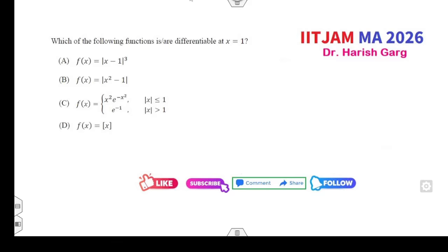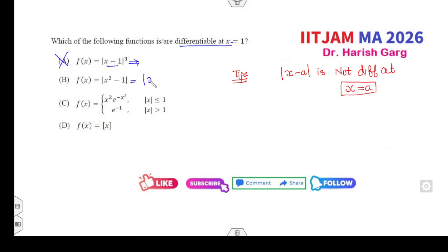चलिए look at this next one. Which of the following functions are differentiable at x is equal to 1? We all know mod of x minus a is not differentiable at x is equal to a. यही तो रूल होता है. Fine. Now you can see the function is not differentiable at x is equal to 1. पहला ऑप्शन कट गया. इस वाली लाइन को भी मैं लिख सकता हूं x plus 1, x minus 1. तो clearly the function is not differentiable at x is equal to 1.